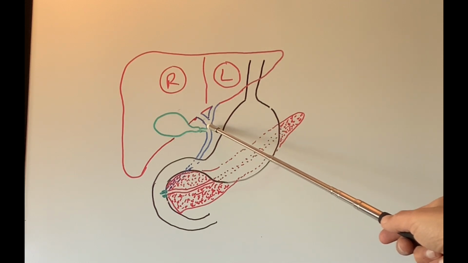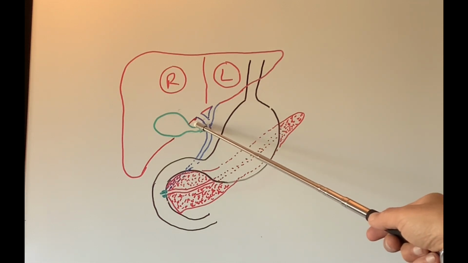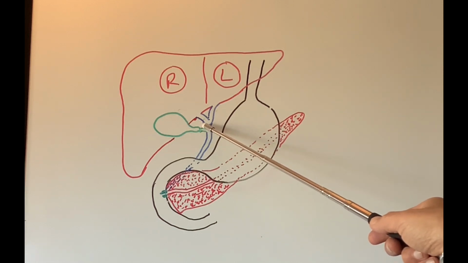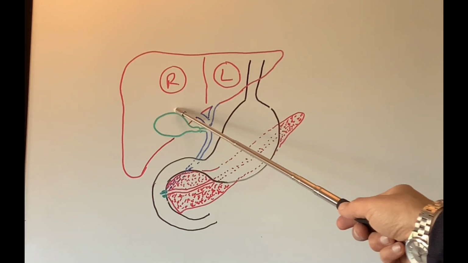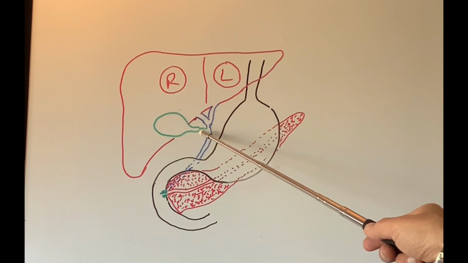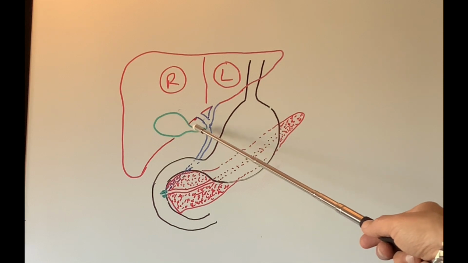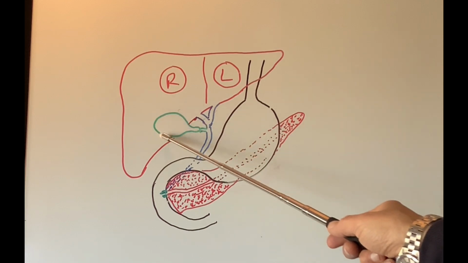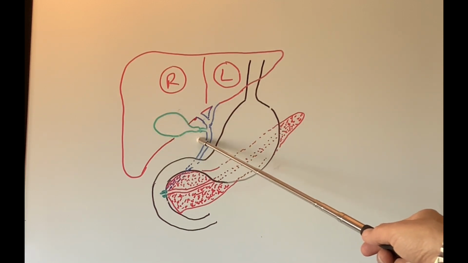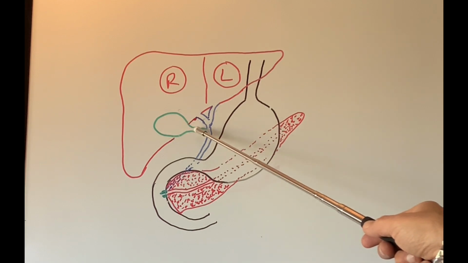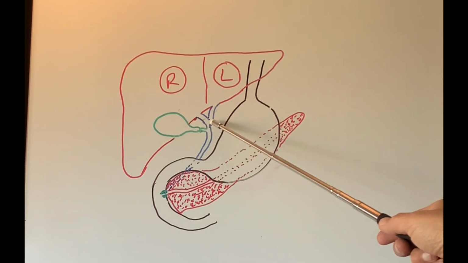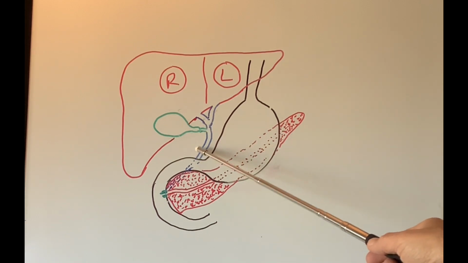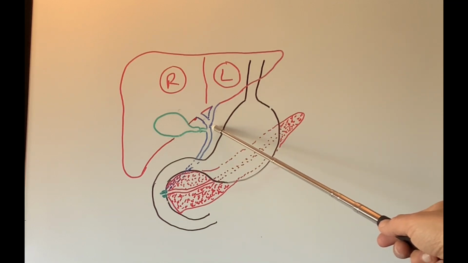From the side of this, a little spout or little tube comes out, which I've drawn in green. This is called the cystic duct, this little structure here. And this small bag-like structure, which is the size of a small pear, shaped like a pear as well. If you see, the pear has a neck and a stick on top and the bulge of the pear. This is what we are talking about today, called the gallbladder. The tube of the gallbladder, called the cystic duct, joins the hepatic duct, which is just there, to form the bile duct. This again we are going to talk about in one of my future videos.